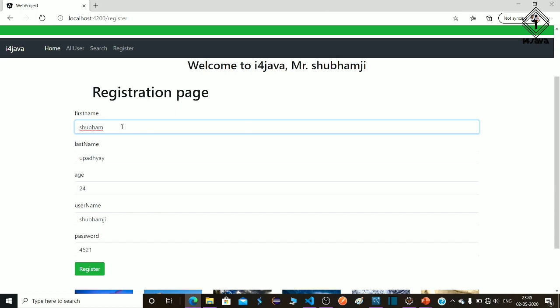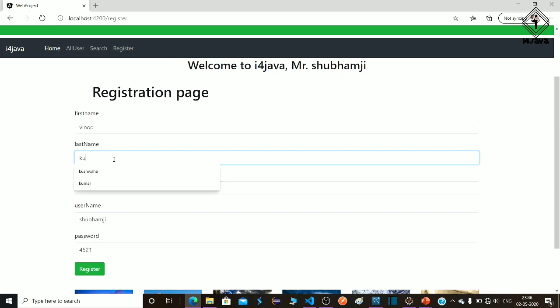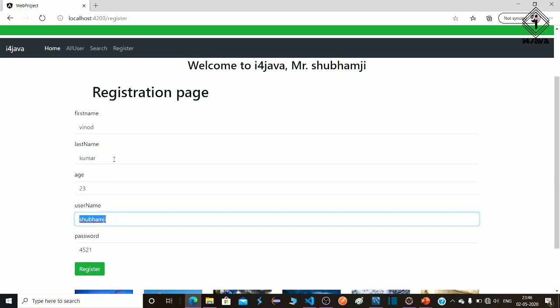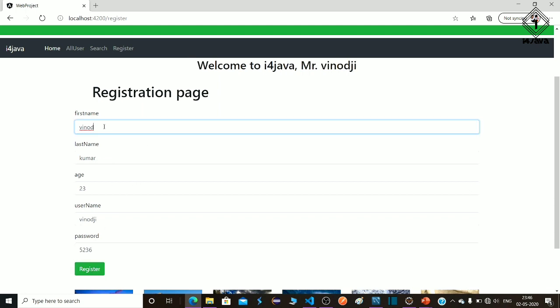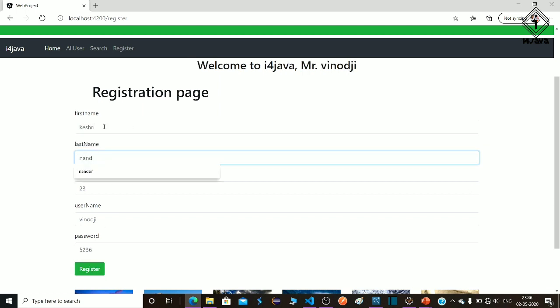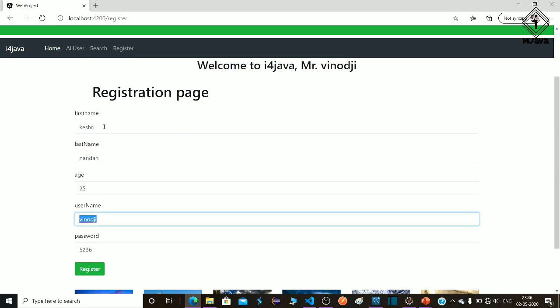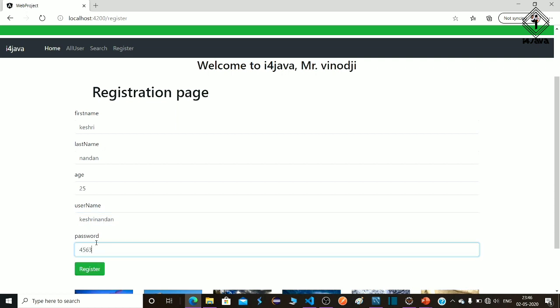Okay, so Subham G also registered. Vinod Kumar, 23, Vinod G, and 5236. Register. Let's provide myself also. Kesri Nandan is 25 and username Kesri Nandan and password 4563 and register.